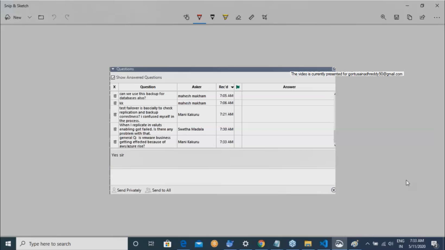Is VMware business getting affected by the rise of AWS and Azure? First thing is, money. Let us not worry about VMware. Let us not worry about Azure. We work for ourselves, right? I am quite sure that you are also working for your income, your revenue. Are you worried about VMware's revenue? I don't think so. You should be. So my suggestion to you is, focus on your revenue rather than worrying about organizational revenue. And what we do over here is to increase your revenue. Okay? Understood? Let us think about our salaries. They will look after their own issues.